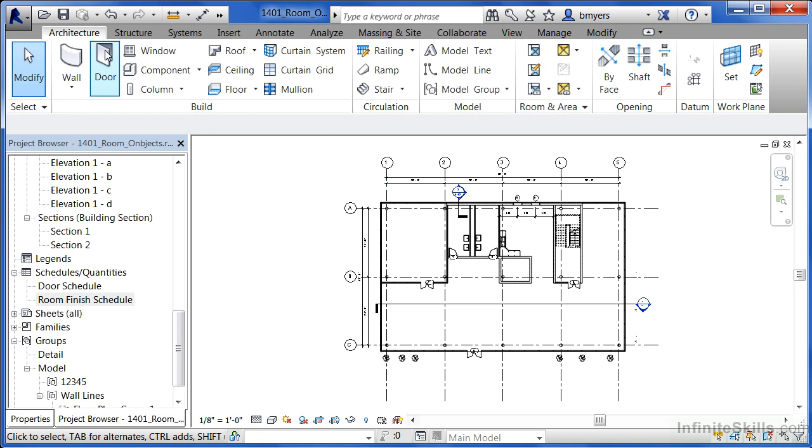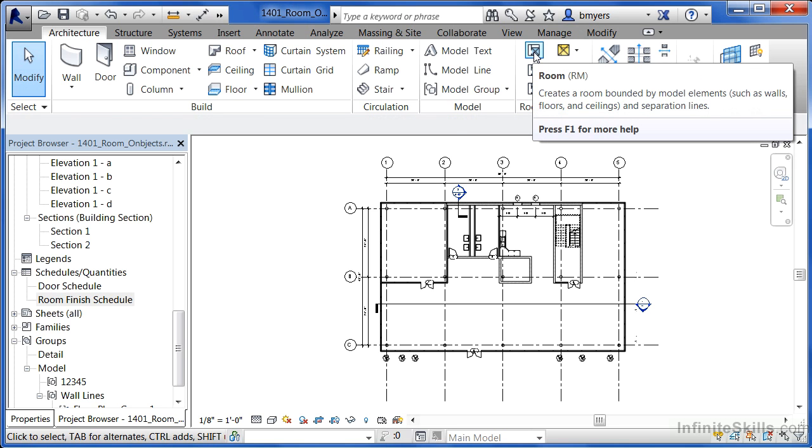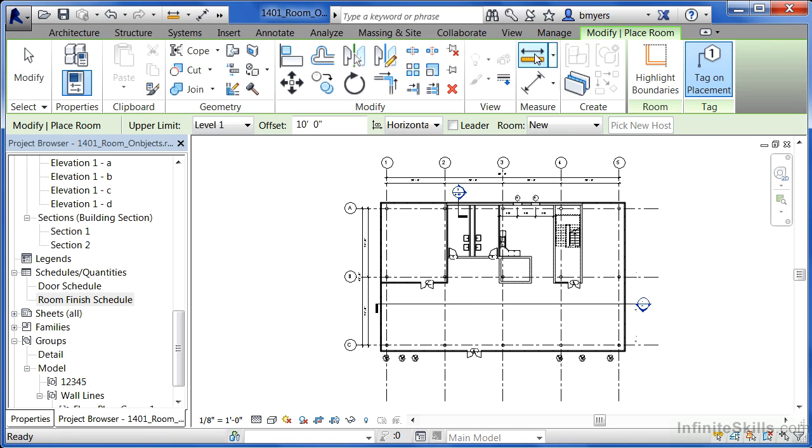To do this, come underneath the Architecture tab, and then find Room on the ribbon. Select the Room command, and then when you get inside of any of these rooms, you'll see the walls highlight right in those areas. What's going on is that the room will automatically expand out and take on the shape of whichever room that